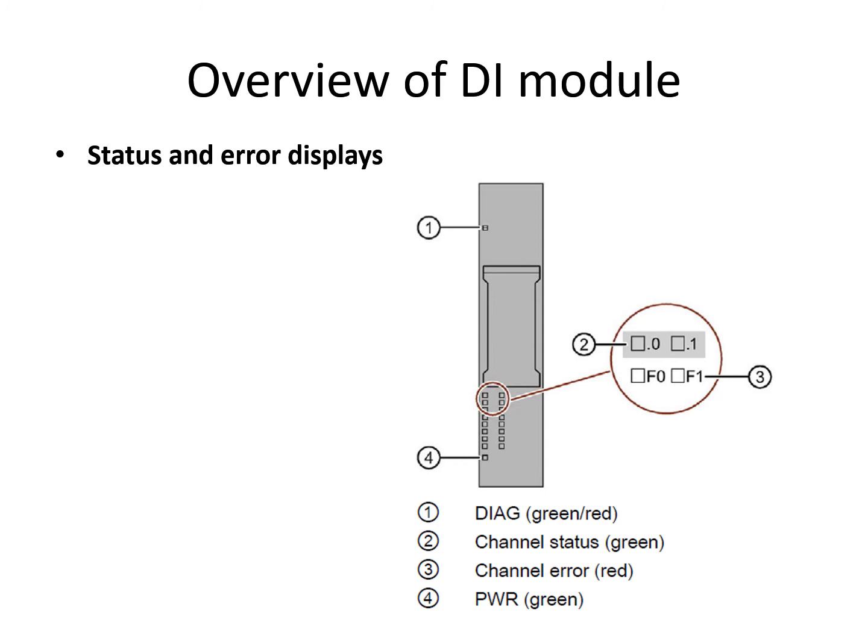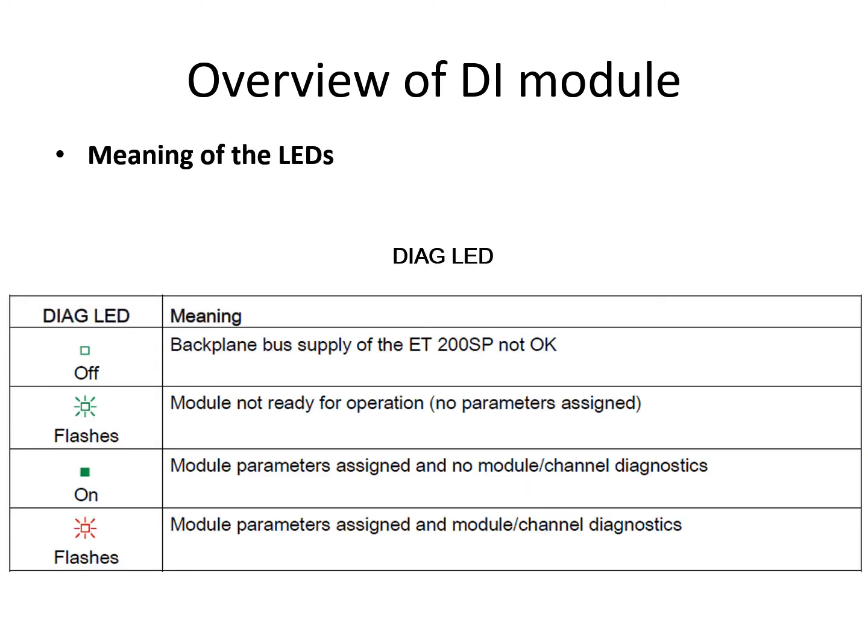It shows, for example, the diagnostic in green and red, the channel status in green, the channel error in red, and the power in green. A combination of these LEDs represents some type of error or warning, and we should refer to the manual. So here we have those